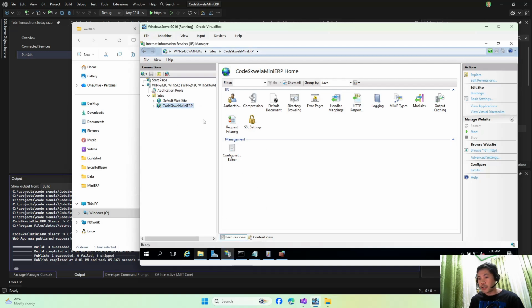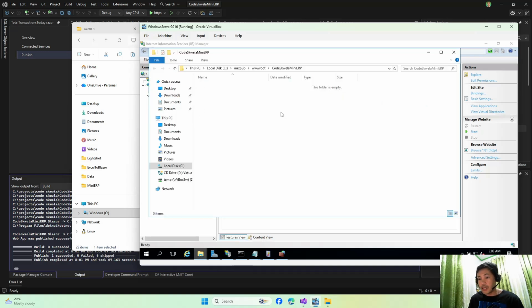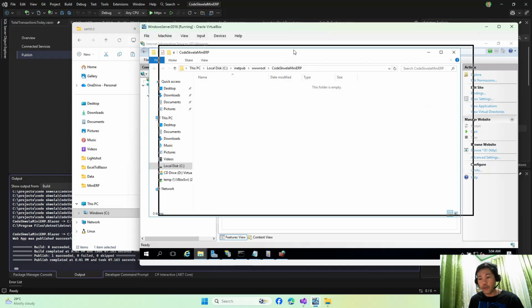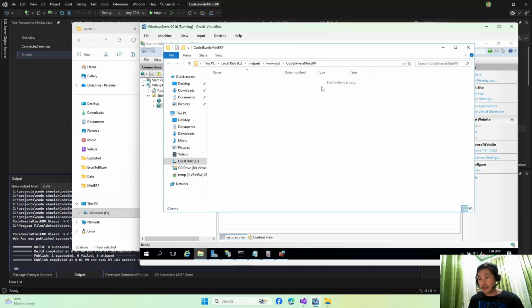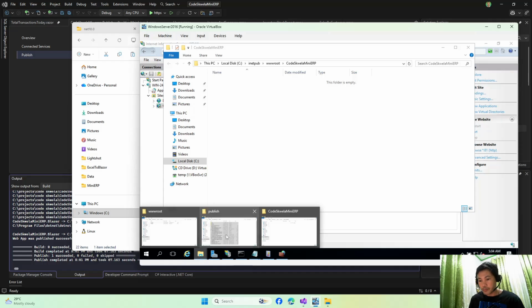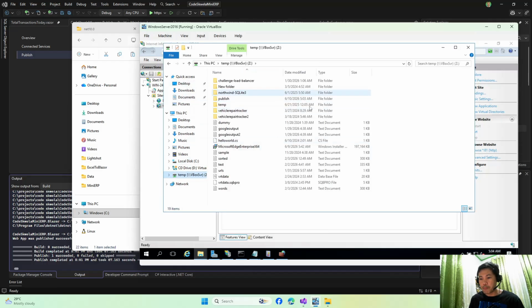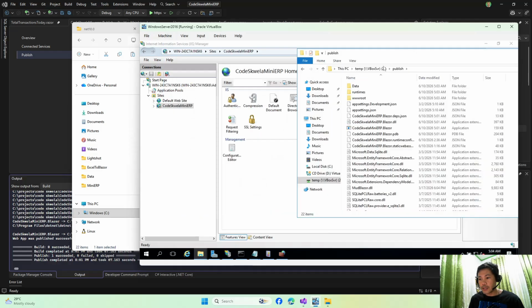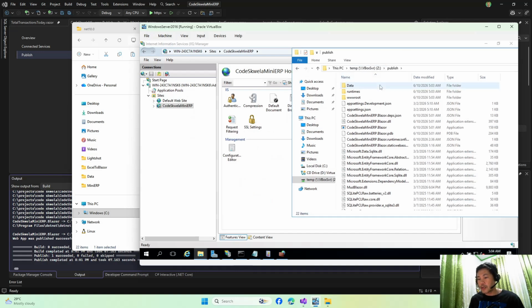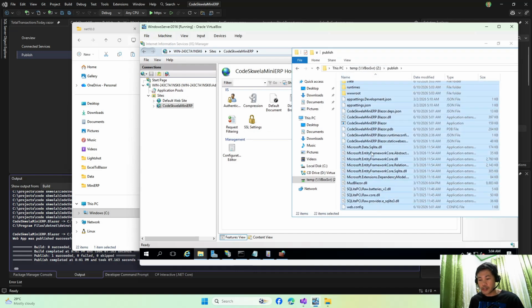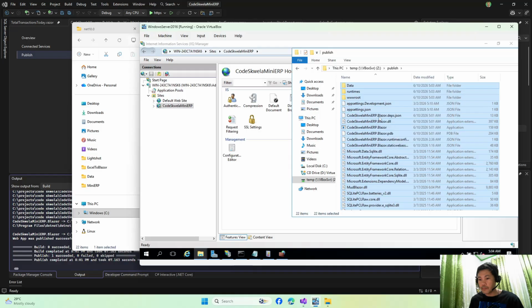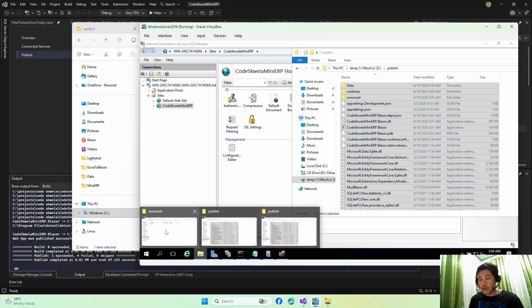Here you can click on our website and then click explore. It will open up our physical folder, and then all we need to do is drop in all the files from our publish folder into this folder. So let's go back and open our temp drive here. This is the publish folder that we just copied into our temp folder. Now all we need to do is copy all of this,